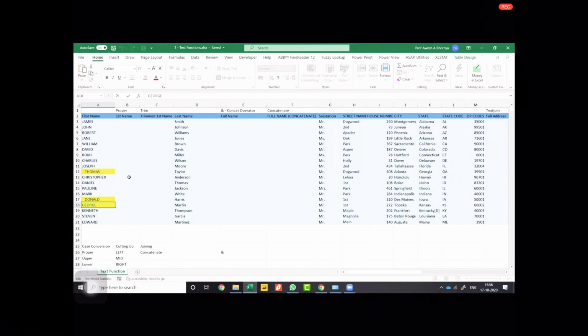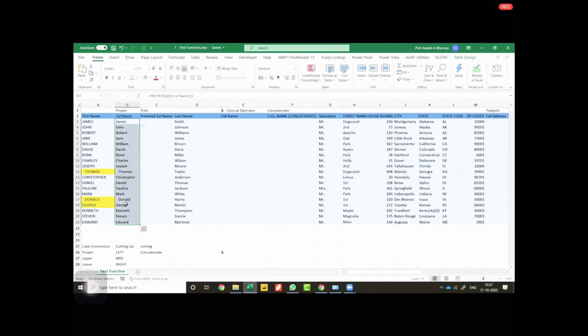First thing we will do is we will convert these names into proper case. Okay? So in order to convert it to a proper case, we use the function PROPER. Equal to PROPER is the name of the function. Press tab to invoke the function and then select the name. Now remember that this data is in a table format. That's why you can see the table design tab over here. So it is also not picking up the cell reference. Instead of picking up B50, it is picking up @ first name, which means that it is going to pick up the first record of the particular table. Okay, so when I press enter, you will see automatically the names have been converted to proper case.